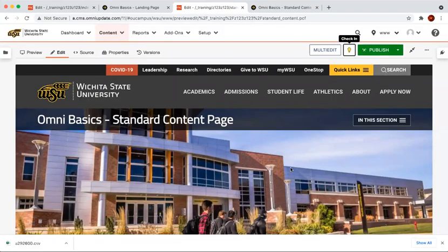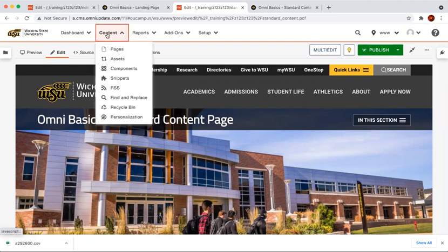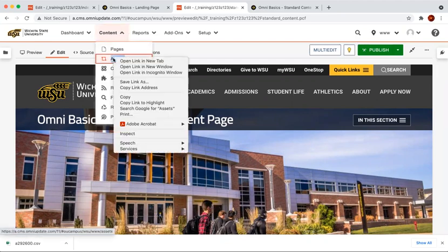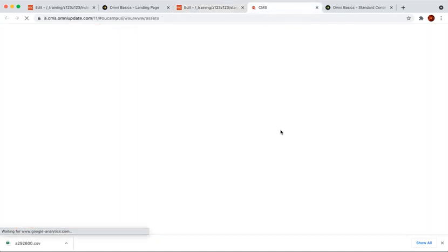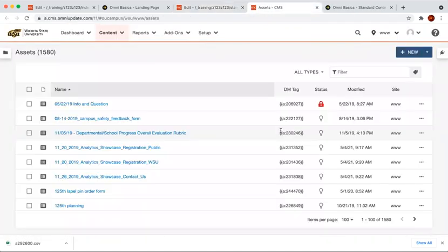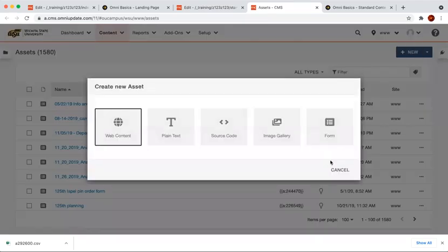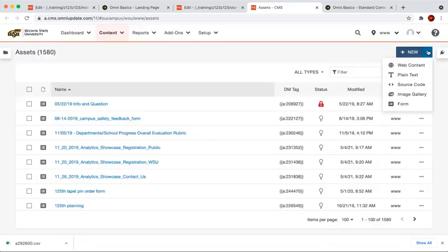Next up, we're going to create an image gallery asset. So once again, we're going to come into content and open up assets. I'm going to right click and open it. And like we did with forms, we've got the big button if we want to use it, the little one, and we've got image gallery. So I'm going to grab that